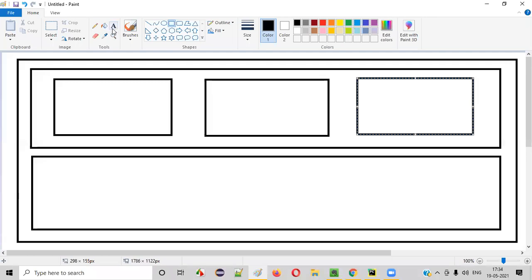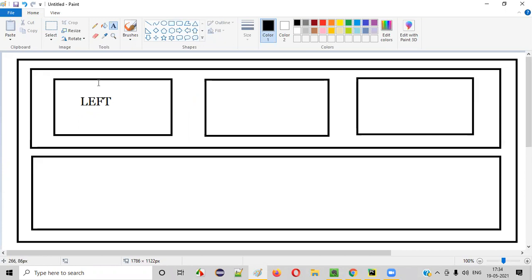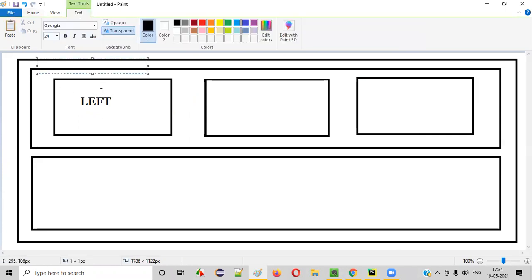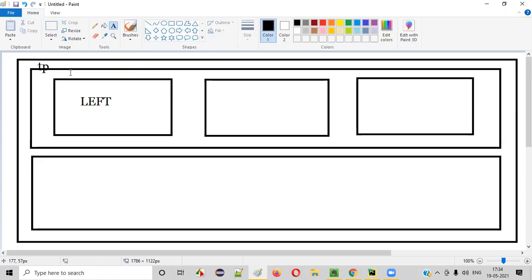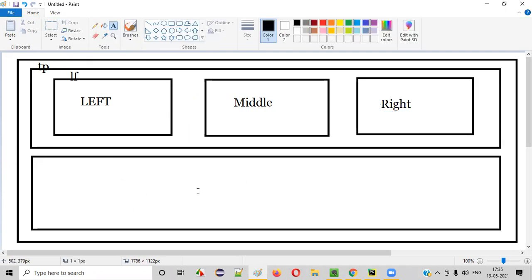So there is some text, like left text, inside this frame, which is inside the top frame. There are 2 frames here. This is the top parent frame, and this is the left frame inside that. And here is the middle frame, inside which this middle text is there. Inside the right frame, right text is there. And directly inside the bottom frame, bottom text is there. This is the structure of this page, guys.